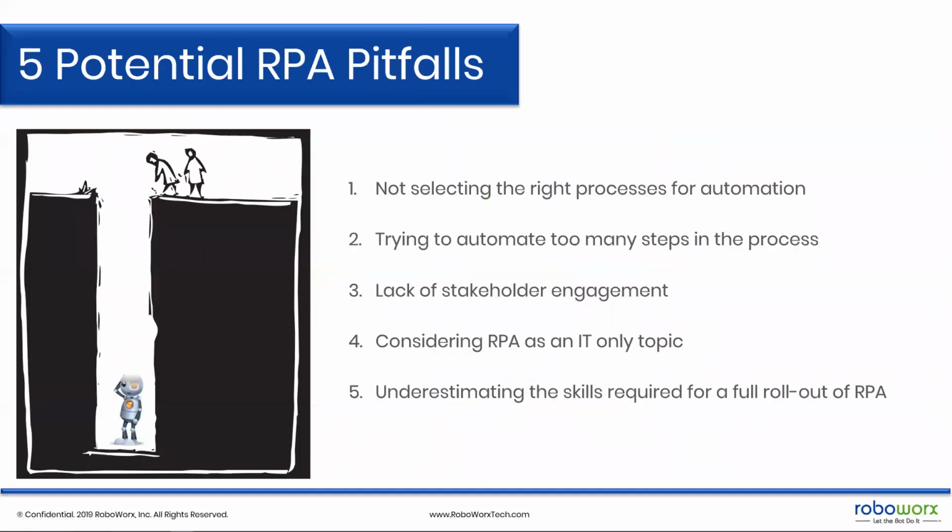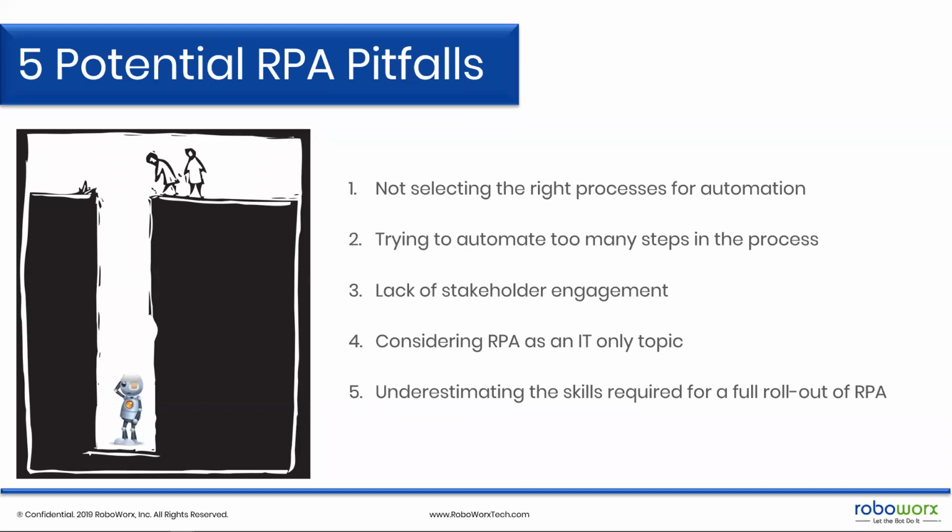Okay, so sorry, my mouse is getting tricky there. Just some pitfalls, right? Because RPA is relatively new in the United States, although growing quickly. But these are just some areas to look out for as you deploy RPA that you want to avoid so you don't end up in the bottom of the ditch like that poor little robot there. So number one pitfall would be not selecting the right process. I talked a lot today about what type of processes are best suited for RPA, at least at the beginning. We did that on purpose because it's really, really important that you choose the right process.